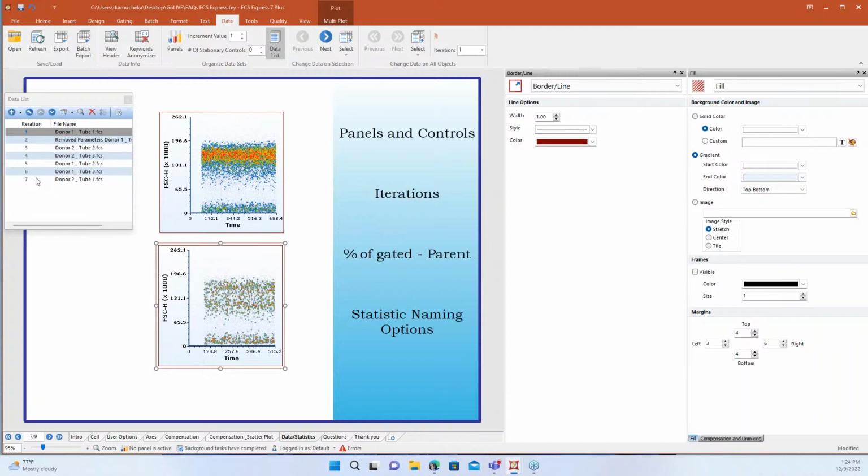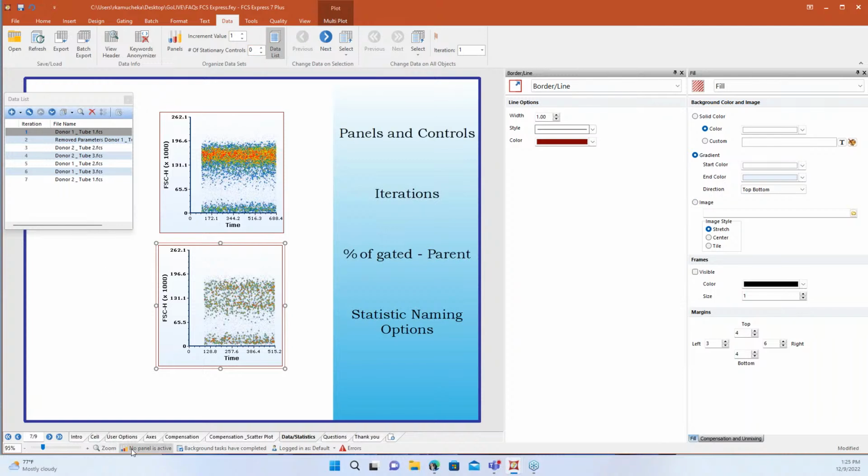So we do have a lot of options to help you manage your data. This is important because we want to optimize the use of batch processing to get those reportables out. We want to be able to move through our data in an expected way to get the most out of using the software, right? So panels and controls are super awesome. We've done a great job with implementing stationary controls. There is an option on the data tab where you can tell the software, hey, I want to use different increments or set stationary controls here.